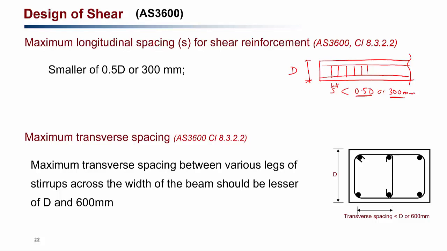And the maximum transverse spacing in a wide beam should be the lesser of the depth of the beam or 600 millimeter. If it is a wide beam like shown here, the cross section of a wide beam, these are the longitudinal reinforcement, the maximum transverse spacing between the legs, that means the distance from one leg to another leg, shouldn't be greater than the depth of the beam or 600 millimeter. So if your width of the beam is very large, you will have to provide more than 2 legs in